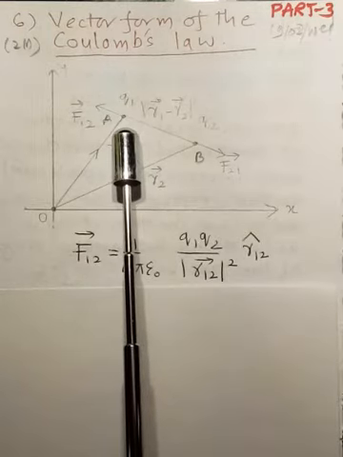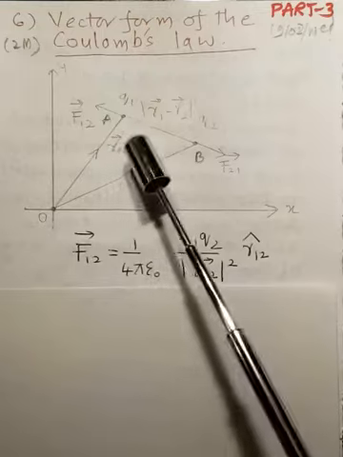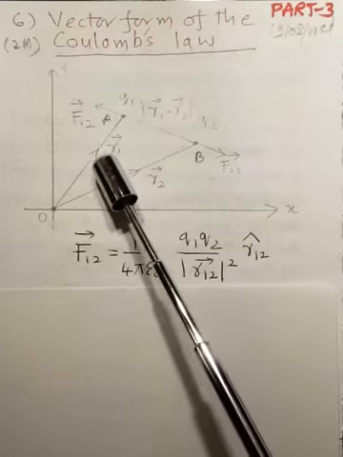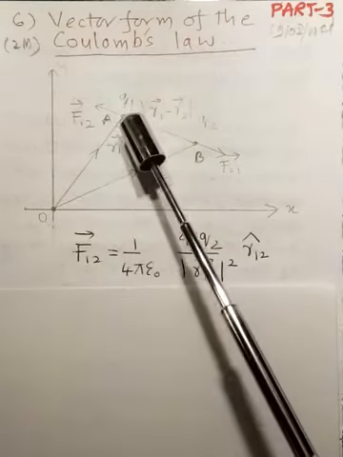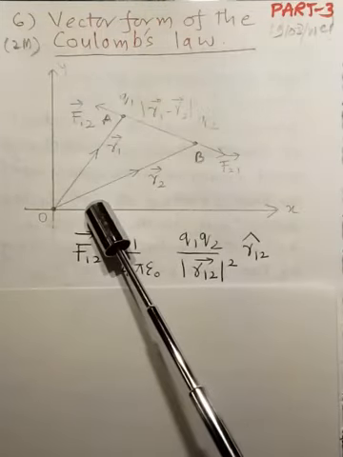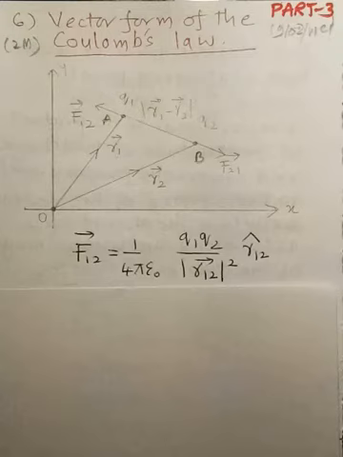Now let us consider a charged particle Q1 at position R1 from the origin. This R1 is a vector quantity. It has magnitude and also direction. The length of this vector represents how far Q1 is from the origin, and the angle made by this vector with respect to the x-axis represents the direction. By knowing the vector R1, we will know the position of Q1 in the xy plane.